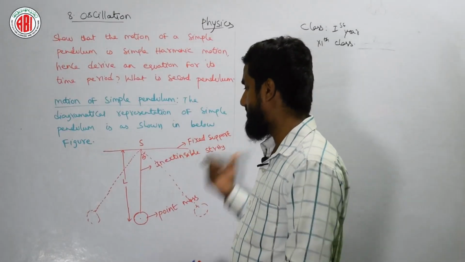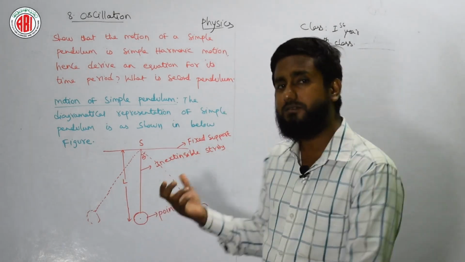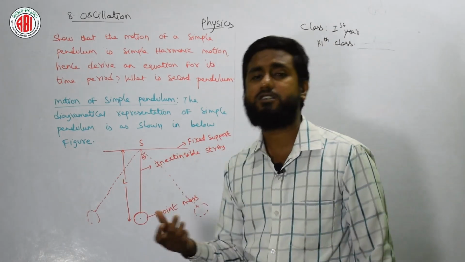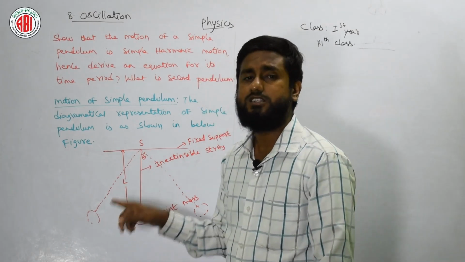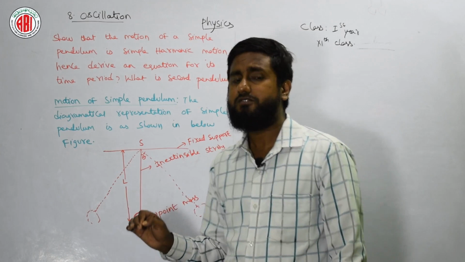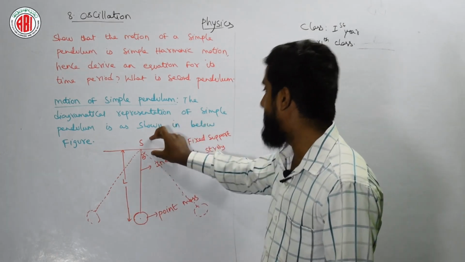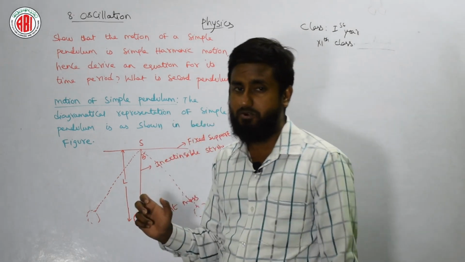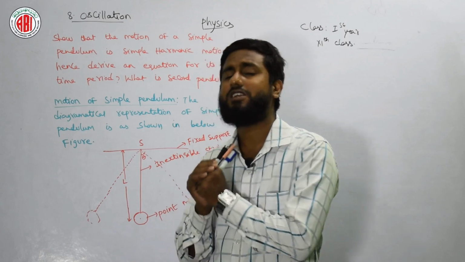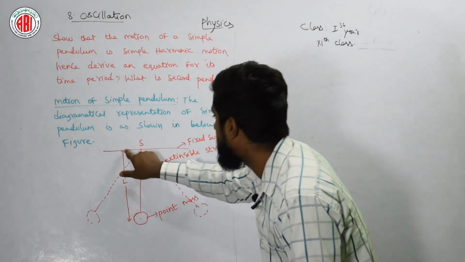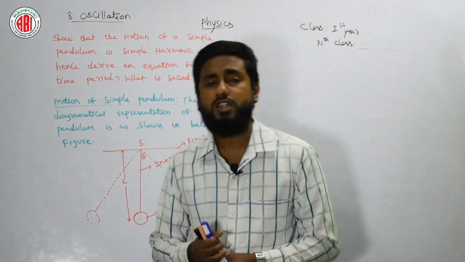The thing which I drew just now is only mentioned in that theory part. The simple pendulum consists of a massive object called the pendulum bob. This round spherical thing you are seeing is the pendulum bob, which is suspended from a fixed support. You can see here S is the suspension from the fixed support. The distance between the suspension point and the center of gravity of the bob gives the length of the pendulum. From here to here, the center point of the bob, gives the length of the pendulum.